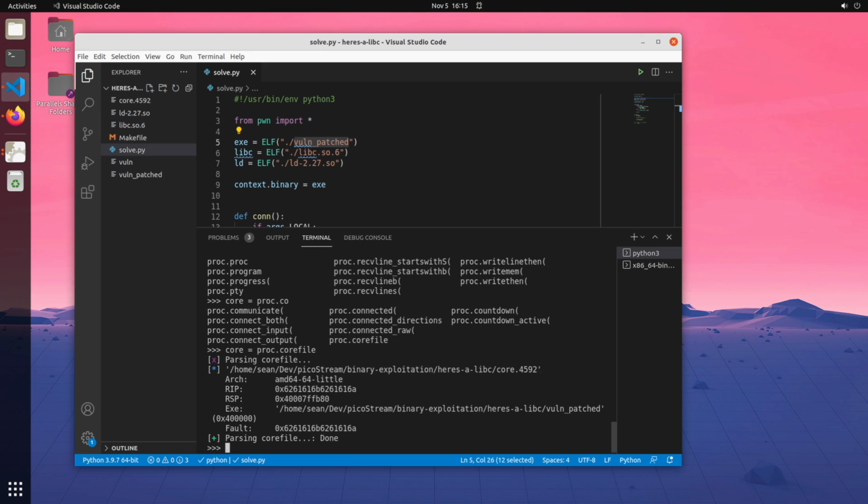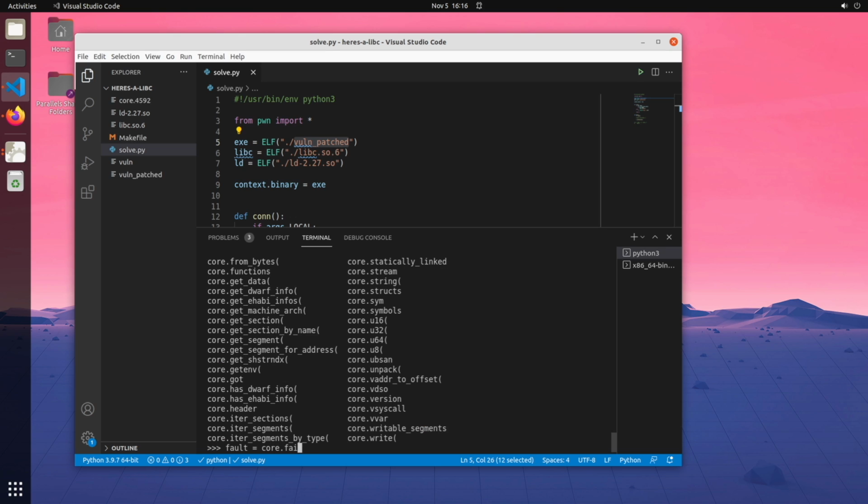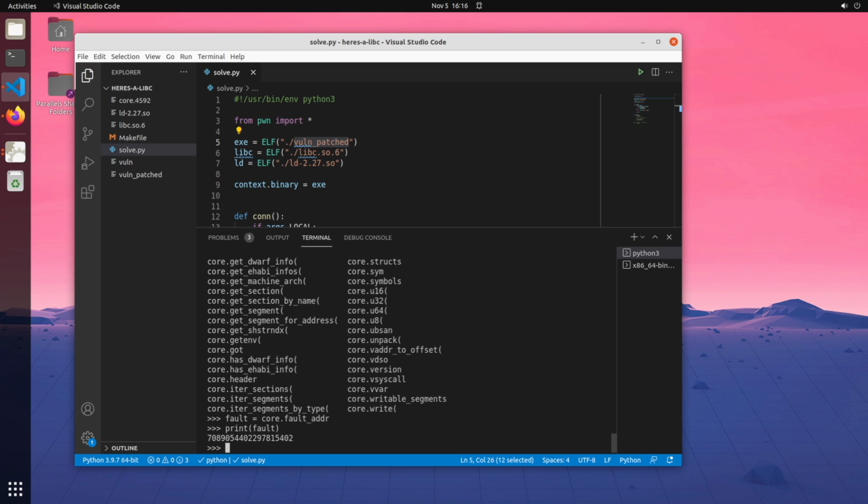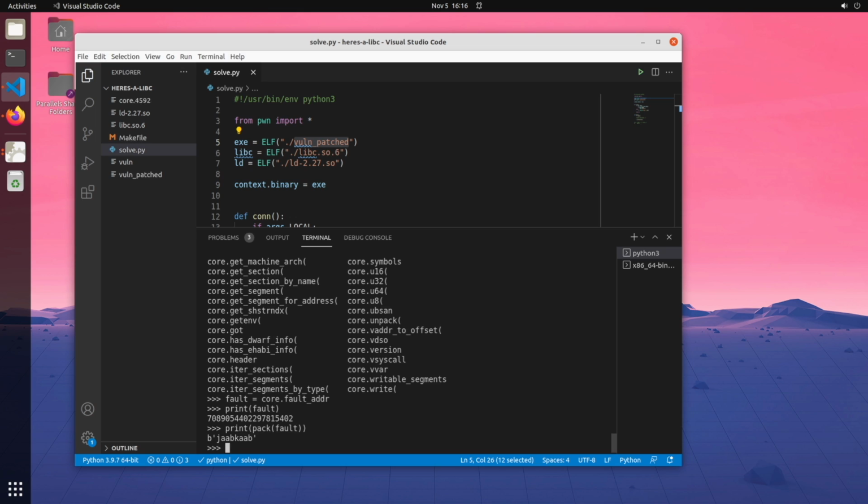Okay, so now that we have the core dump, we want to search our core dump at the faulting address for where it lies inside of our cyclic pattern. So if we do something like, let's say fault is equal to our core.fault_addr. Okay, and let's just examine that. Let's see what that produces. Okay, so we have that, but we want to view it in terms of what characters are there. Okay, so these are the characters that were there,